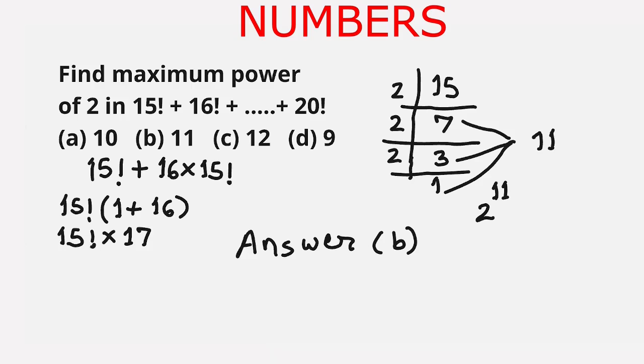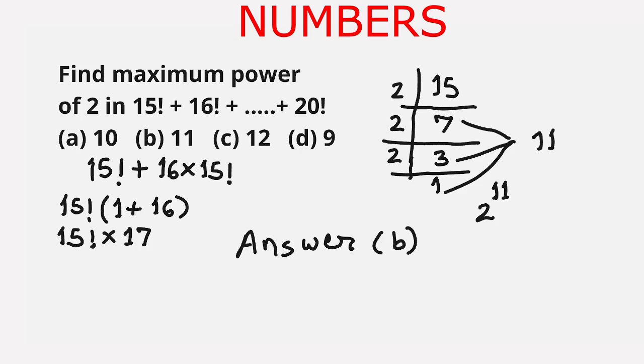Here the question is why we have taken only 15 and 16 factorial, not the other factorials. For that I explain: when we take 4 factorial and 5 factorial and find the power of 2, it will be different than if we take the power of 2 in 4 factorial plus 7 factorial, where the power of that sum will be the same as the power of 2 in 4 factorial. So 7 factorial will be irrelevant as far as finding the power of 2 is concerned,